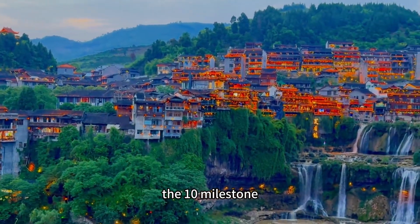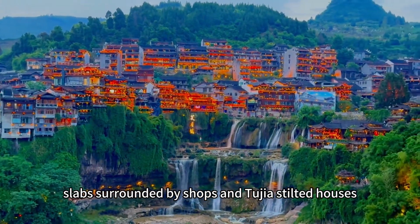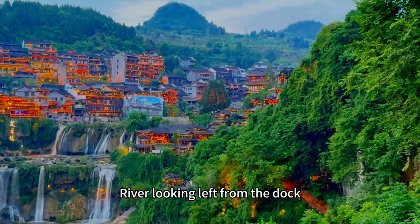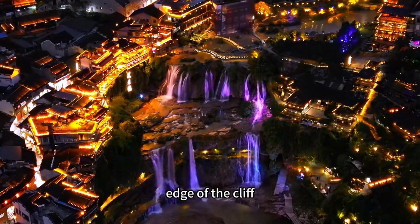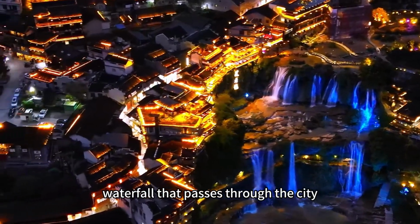The 10-mile stone slab street in Furong Town is paved with bluestone slabs, surrounded by shops and tujia stilted houses. A stone slab path leads directly to the ferry dock on the banks of the Yushui River. Looking left from the dock, you can see the large waterfall in Furong Town and the Feishui village on the edge of the cliff. To go to Furong Town, the must-visit place is this large waterfall that passes through the